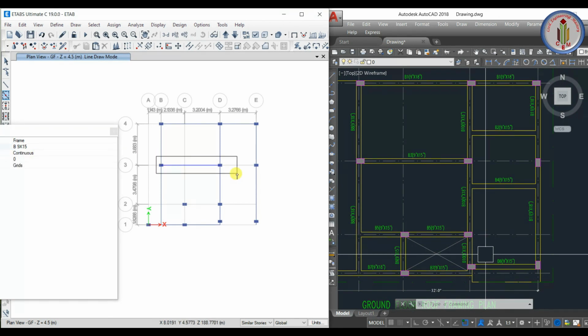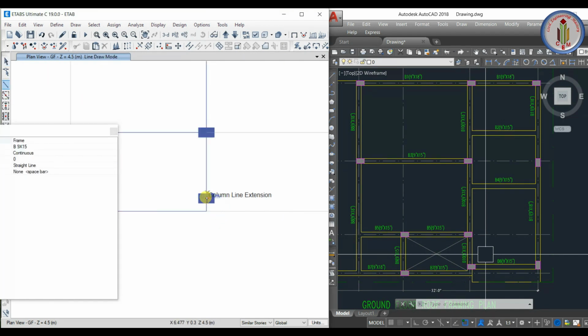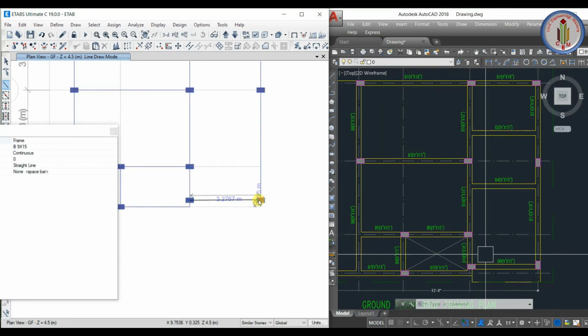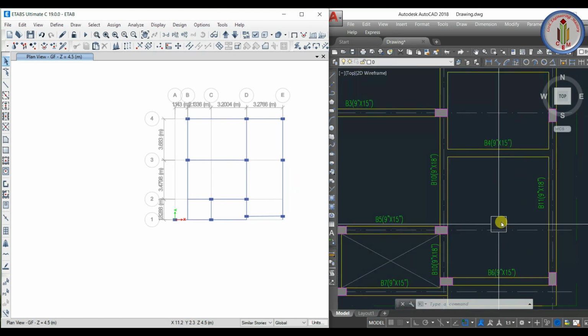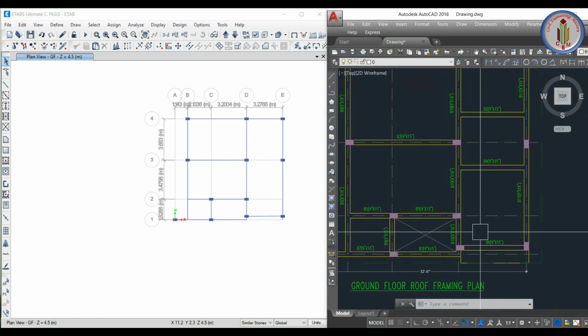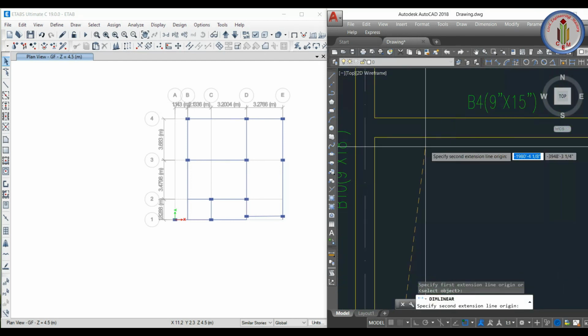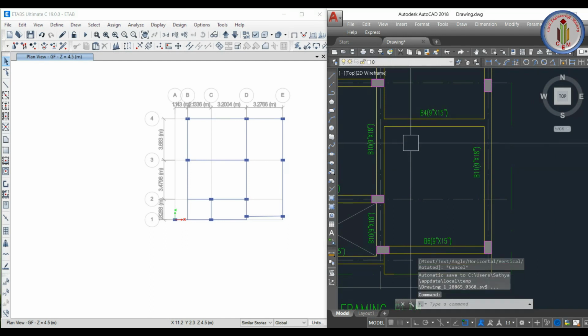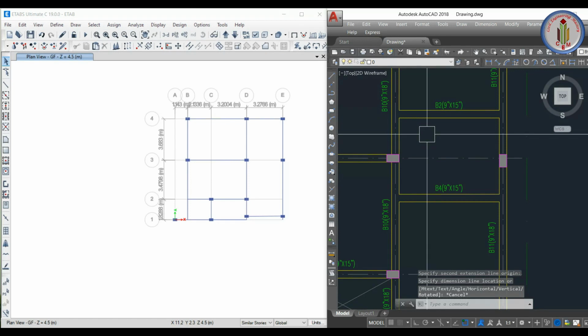So here one beam is there, and then here a beam is there, this beam is there, and after that we need to connect these two columns. For that we need to select draw beam option, connecting this column and this column. These two beams we need to draw here, because there is no grid line over there, so we need to measure this one and then draw the beam. I'm taking from this inner to this outer, 12 feet 6 inches, and again this inner to this outer, it is 8 feet 3 inches.